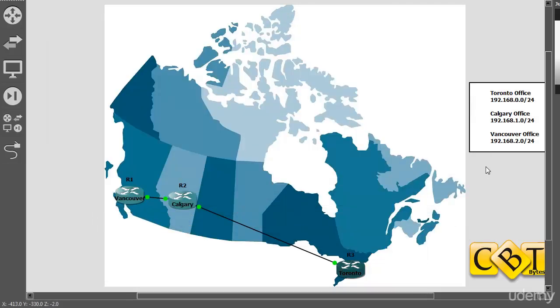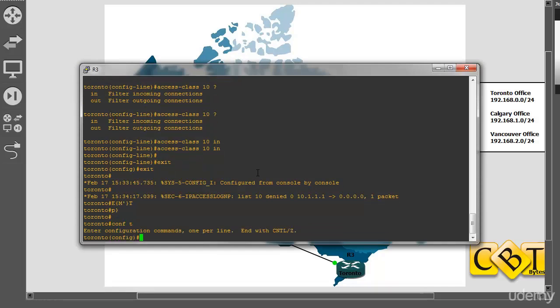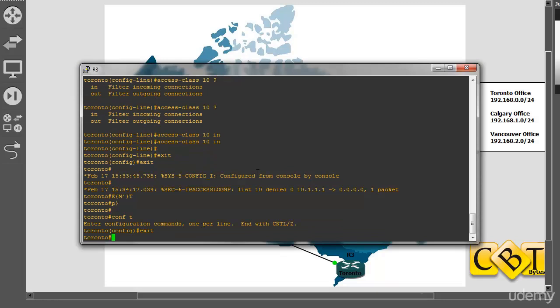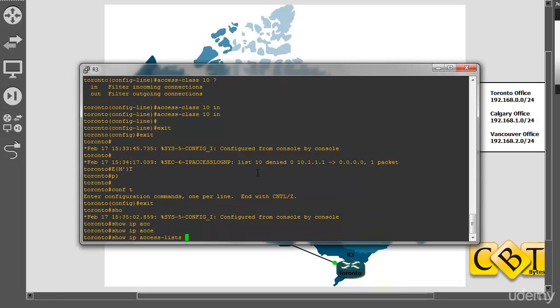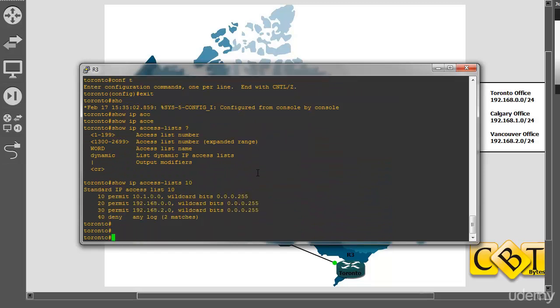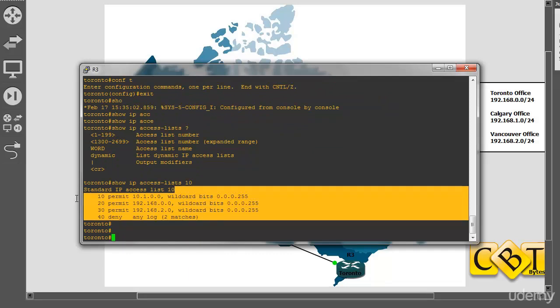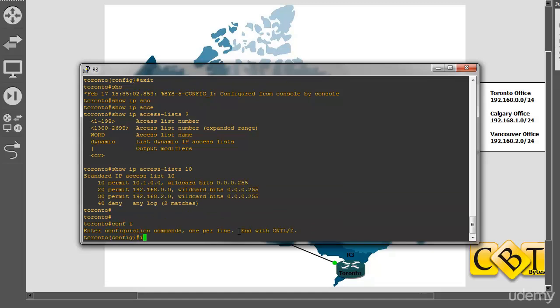So we'll go back, and we'll go into configuration mode. Let's have a look. Show IP access list 10. This is going to become an access list tutorial this late, but you can see the access list, it has a series of numbers, 10, 20, 30, 40, that's the position. So basically, if I'm going to create a new entry, which I'm going to do now,